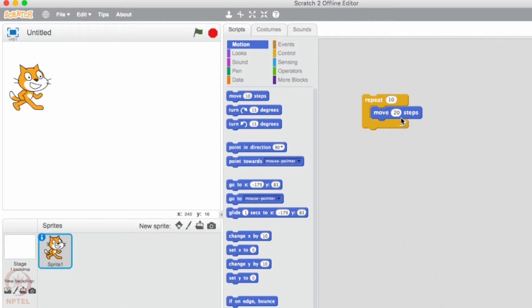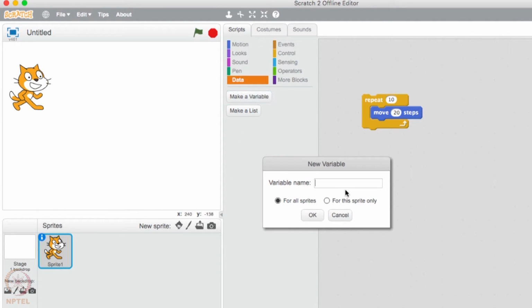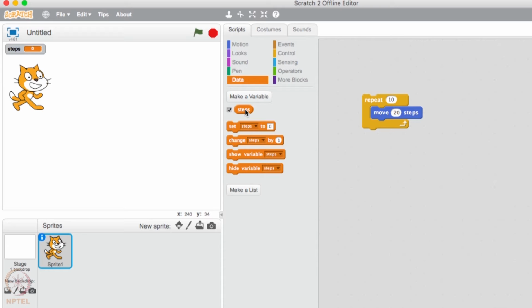How do I do that? I mean, that sounds a little complicated. Let me figure this out on Scratch. How do I do this? Let me go to data, create a variable called steps. Steps is the number of steps that the cat takes. And yeah, there you are. Steps gets created. And initially the steps will be 20,